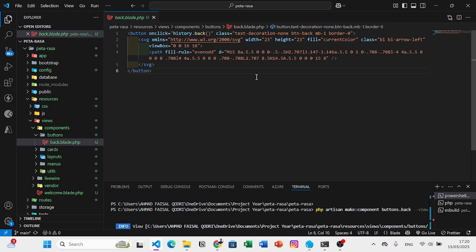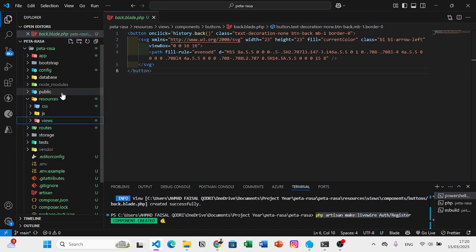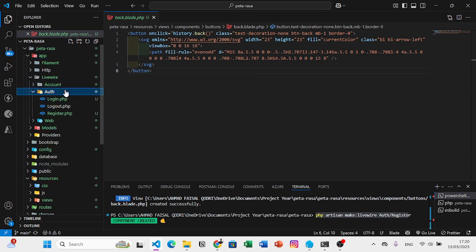And the second step for creating the register component, you have to run the command in this terminal: php artisan make:livewire auth/register. After running this command, we get the new file in the class component Livewire auth register